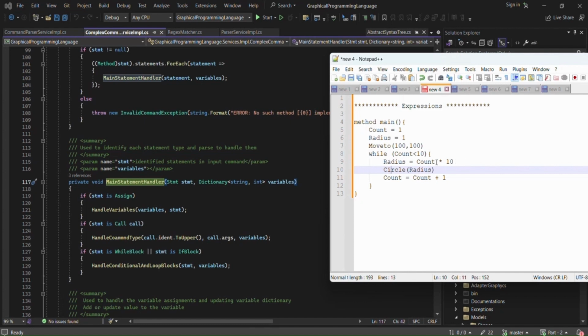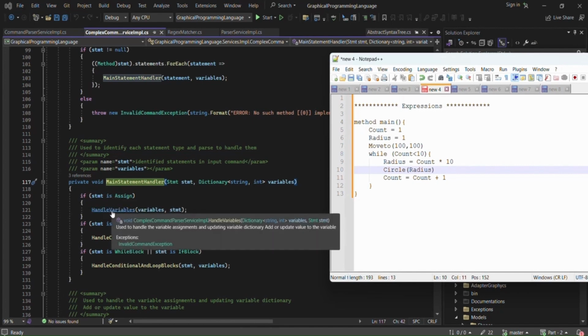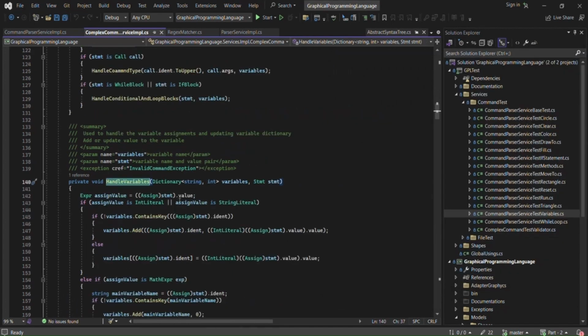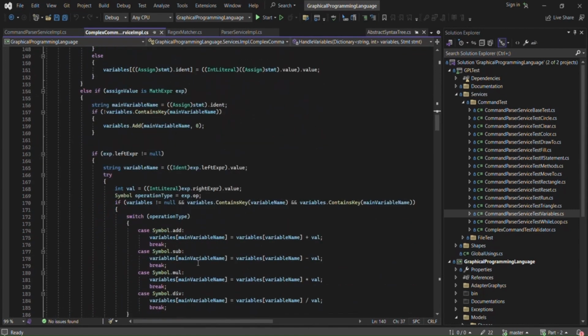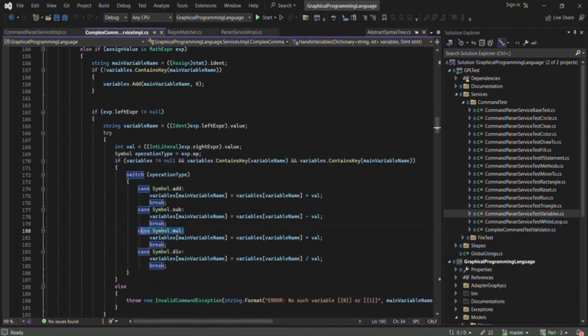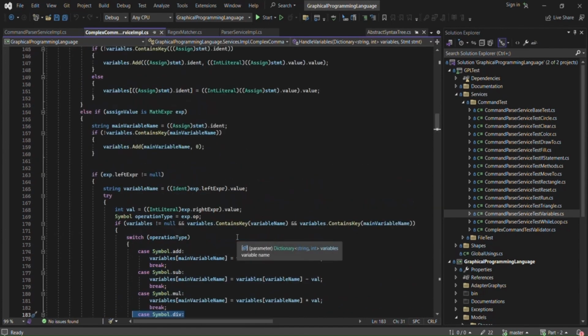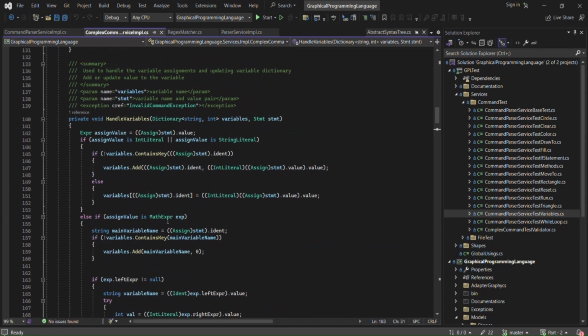So the statement is passed to the handle variables method. Inside here it was identified as a multiplication expression, and the variable is updated accordingly